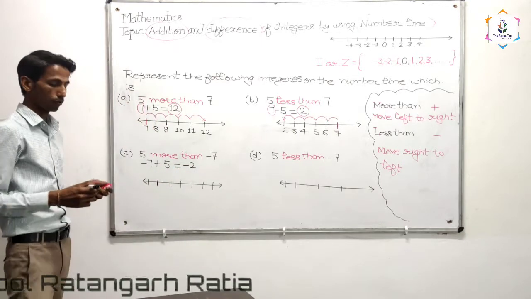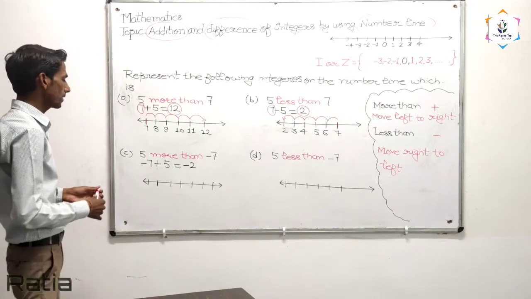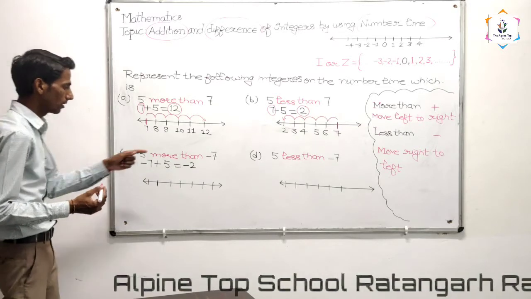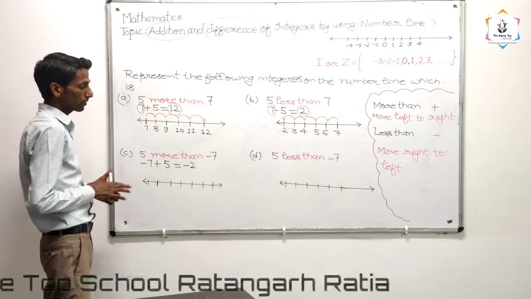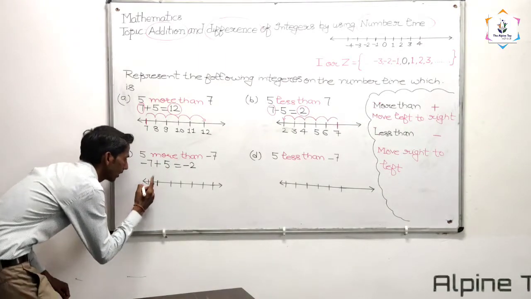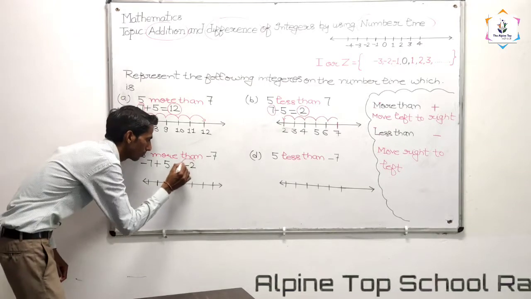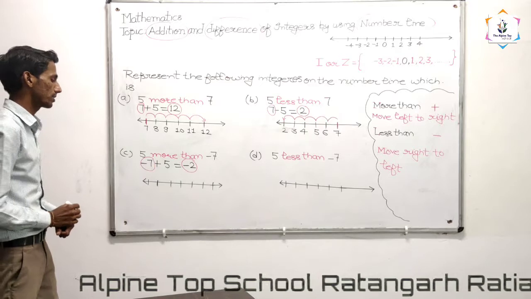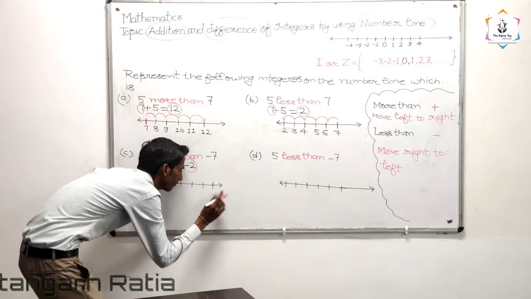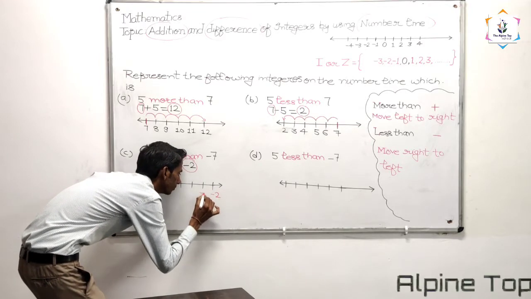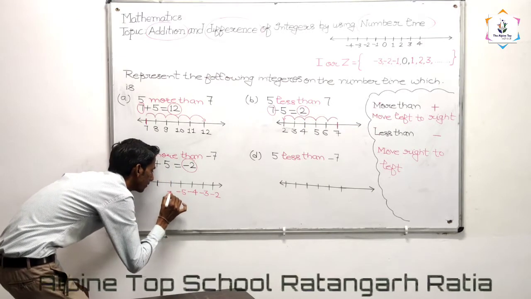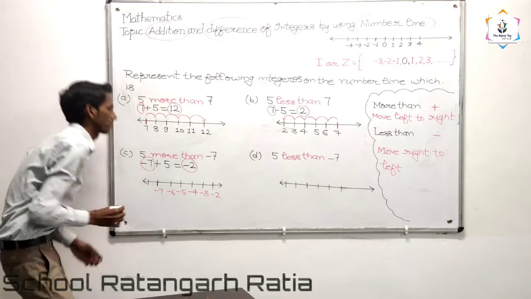Now dear students, what you have to do. See, the starting number is minus 7 and the resulting number is minus 2. Then according to that, what do we have to do? Because we know negative numbers always lie on the left-hand side of 0, I am going to represent these numbers on the number line. Minus 2 and minus 7 are there. Now see, minus 2, minus 3, minus 4, minus 5, minus 6, minus 7.